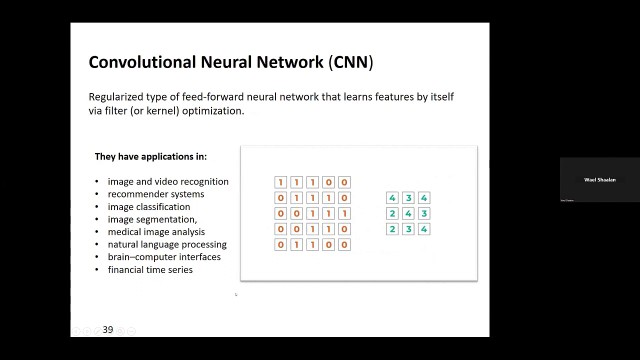I think, yeah, maybe this is, you get like quick idea about what is neural network and the convolutional one,